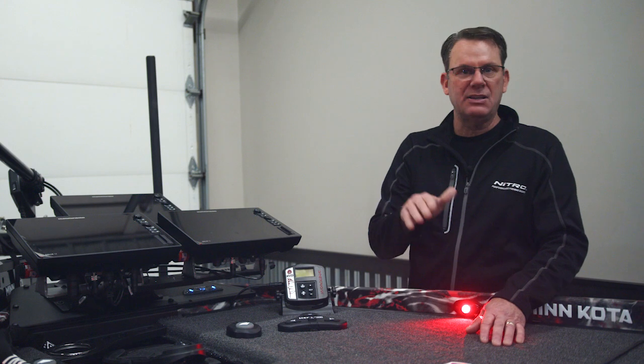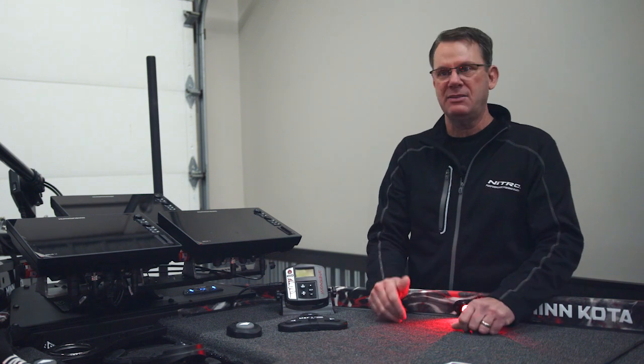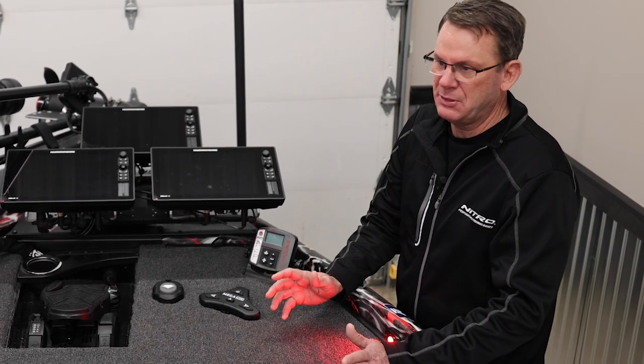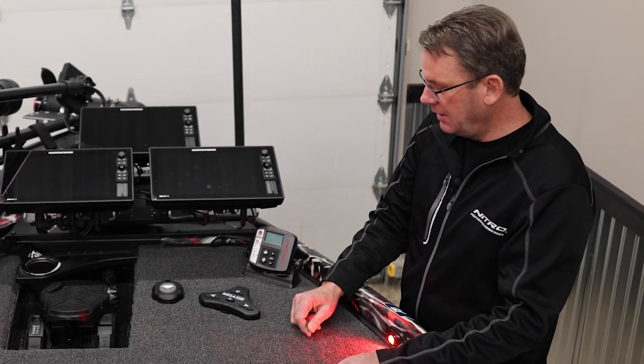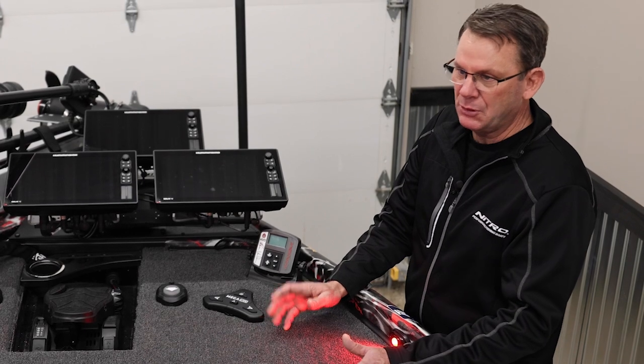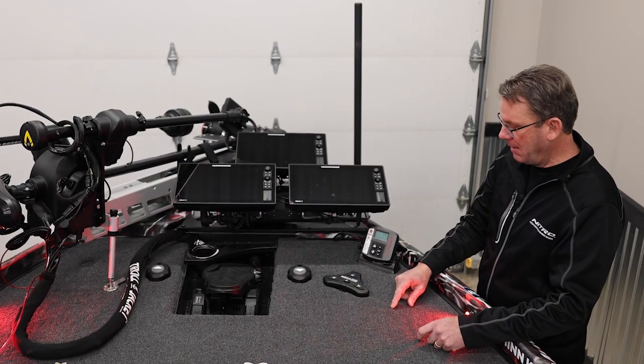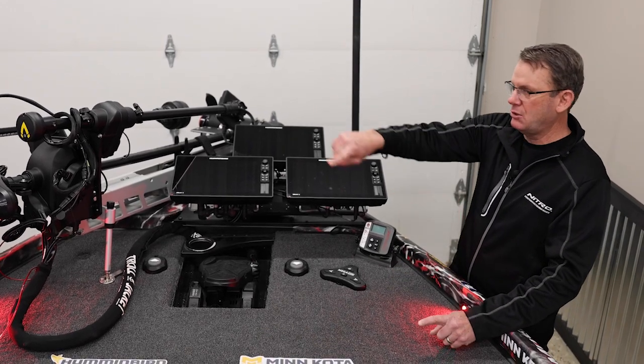It'll show me, I can see the drop-offs, I can see weed lines, I can see underwater brush, all different types of things. So that scan mode is a big player. And then I can also target lock. So if I hit the target lock button on my Mega Live, I can drive a complete circle with my Ultrex